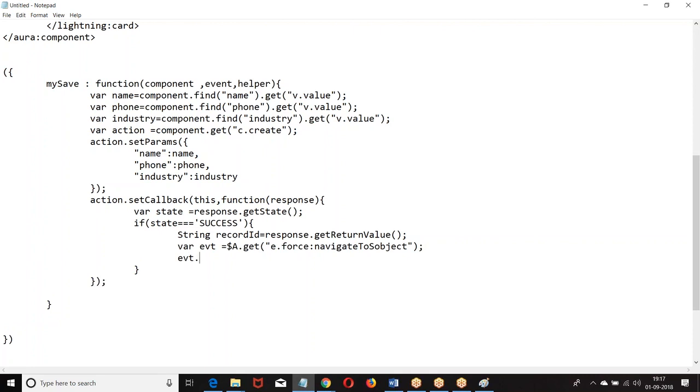EVT dot set params. Set params. Then EVT dot.